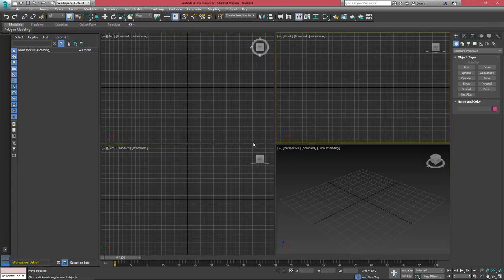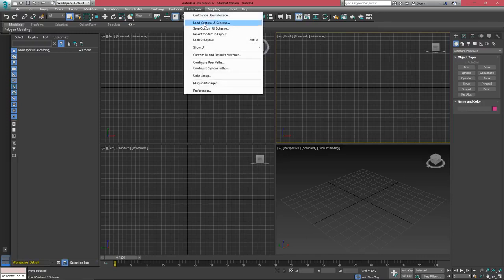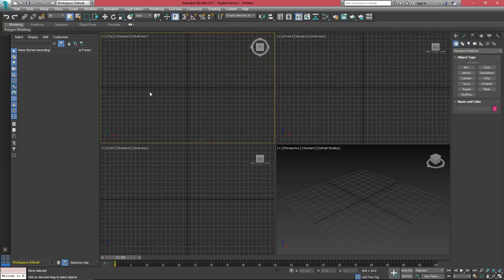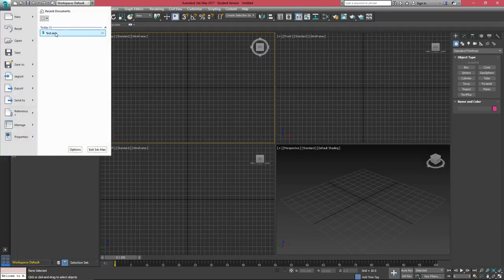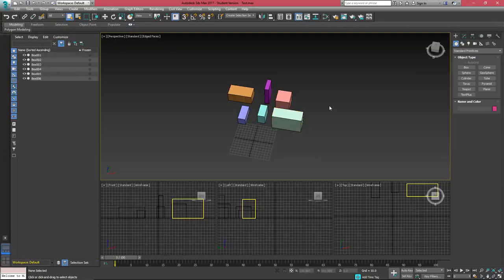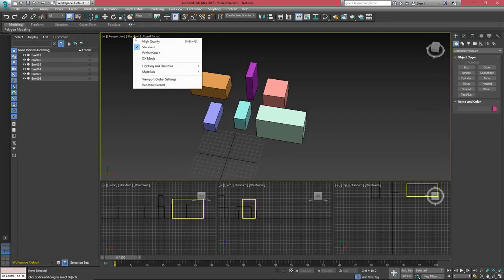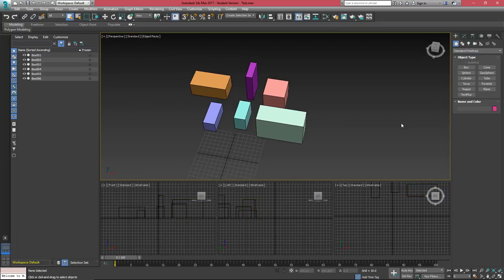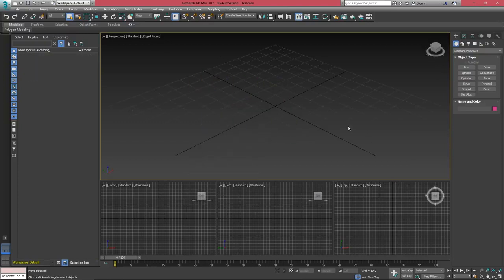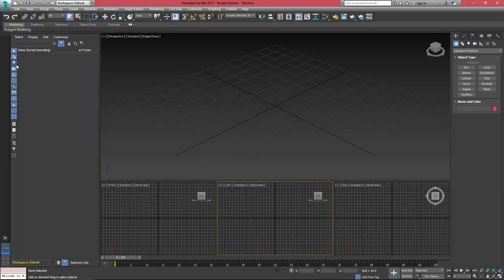3ds Max will not automatically remember your viewport layout, and if you try to save a custom UI scheme, that's actually not it. The way to customize your 3ds Max viewport layout is completely backwards from any other program that you would expect. So let's reload this scene, and when I reload it, you'll notice that the viewports have stuck. This is because your viewport configuration is saved inside of the scene file, which means if we want to have this same viewport layout every time we start 3ds Max for a new project, we need to create what's called a max start file. So if I set my camera like this, if I go to File and then Save As,